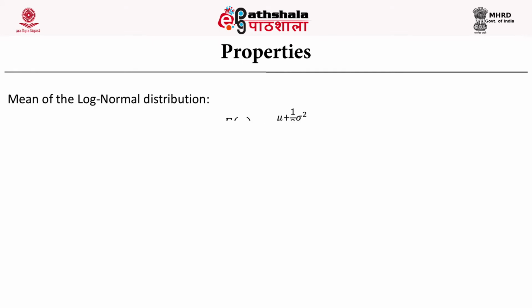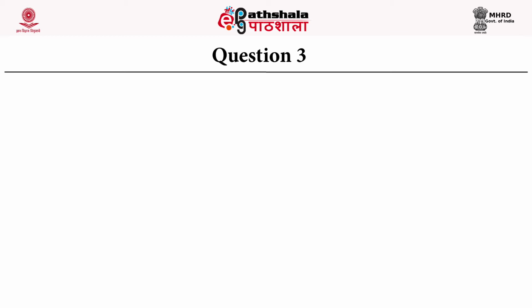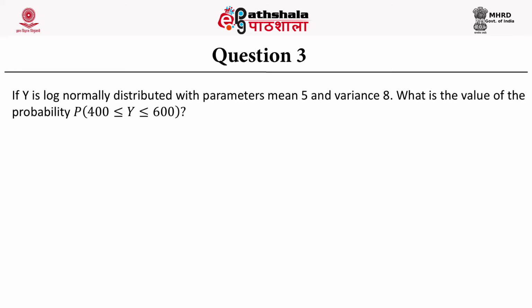There are a few properties of log normal distribution. Mean of the log normal distribution is given here as e to the power mu plus 1 upon 2 sigma square, and the variance of log normal distribution is e to the power 2 mu plus sigma square into e to the power sigma square minus 1. So here is an example, where we have Y for a log normal distribution, with parameter mean as